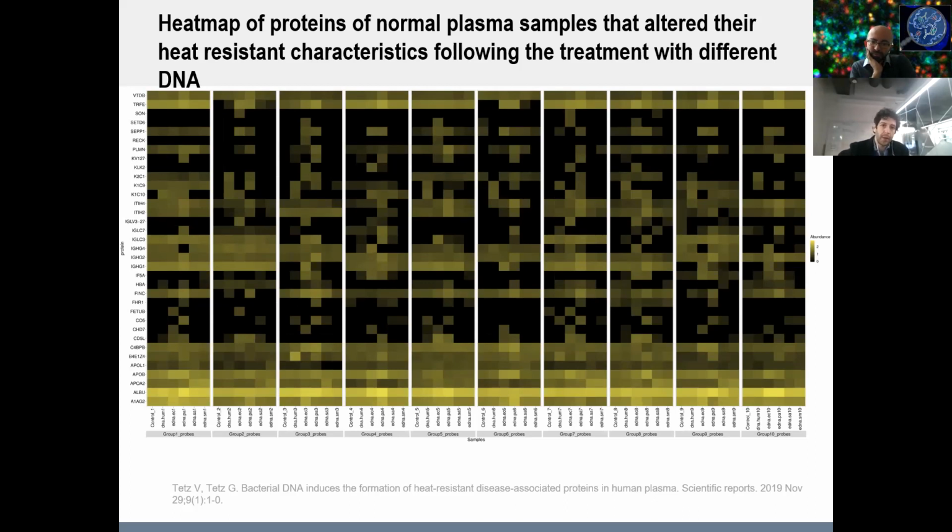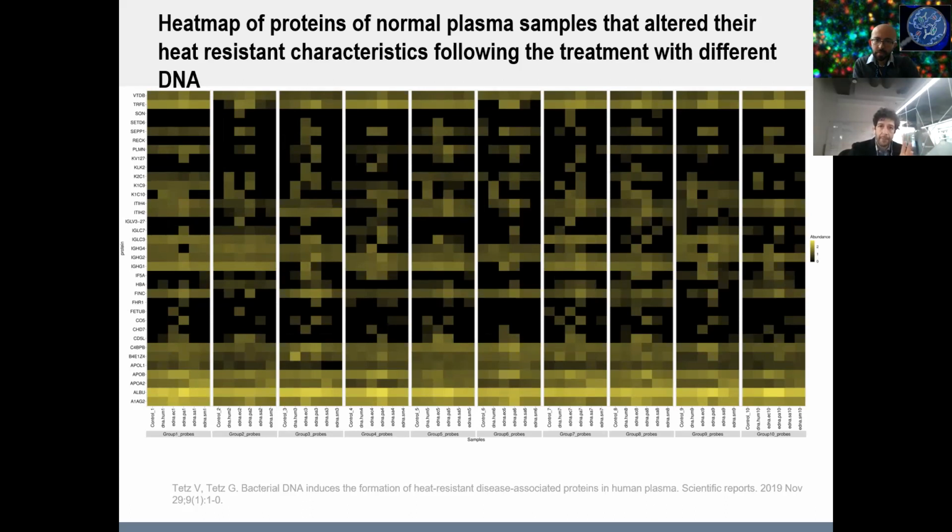From the experimental point of view, we used a very straightforward study. Plasma samples were incubated with different DNA probes, then they were boiled, so the majority of proteins could aggregate, and a fraction of the proteins that were heat-resistant were left in the supernatant. This fraction after filtration was studied with LC-MS. The pre-treatment of plasma samples of healthy volunteers, where each set of rows is the DNA of an individual healthy volunteer, with bacterial and human DNA altered the composition of the heat-resistant protein fraction.